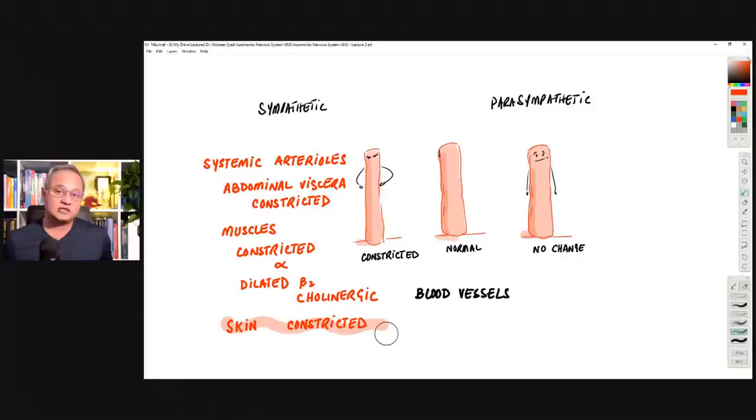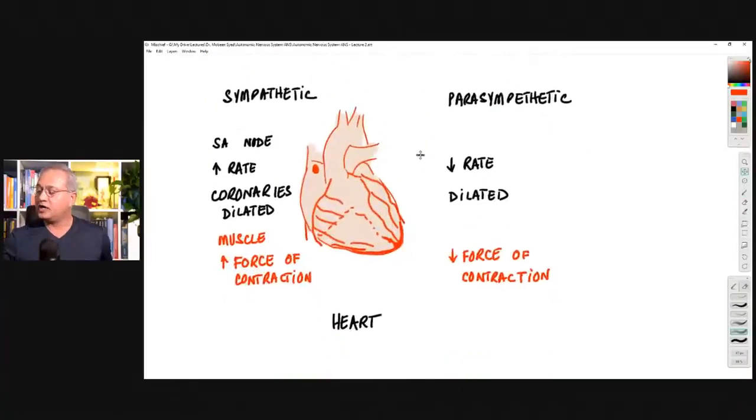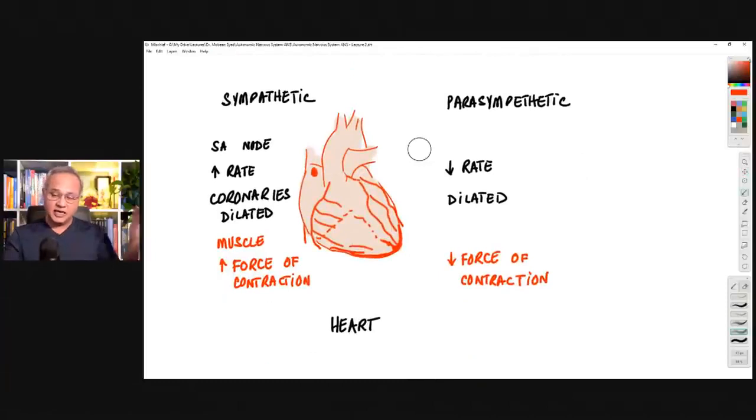Skin blood vessels are constricted. We do not want skin to have too much blood on that, because that would cause too much dissipation of energy and take energy away from the muscles. So that is blood vessels. Heart, sympathetic system. And these are the dysfunctions we are seeing nowadays with COVID in some cases, where there is blood pressure alterations, there are cardiac system behaviors that are changed. And here are some targets of the sympathetic and parasympathetic system and their function.